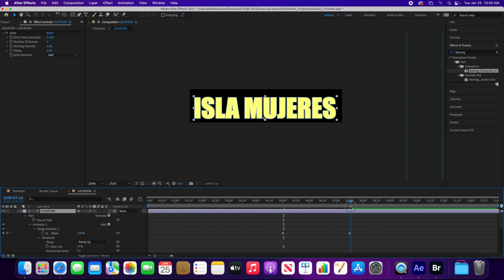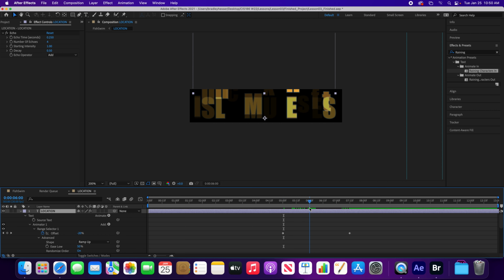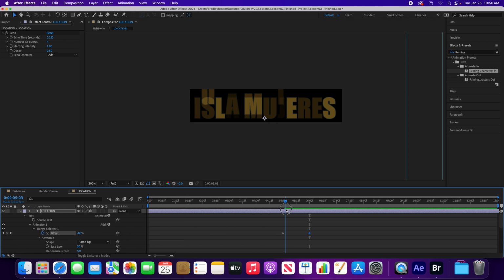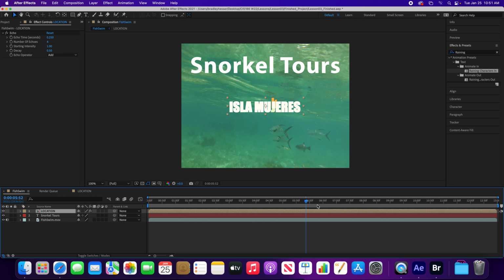So that's going to allow that to come in here and drop down with that. Now what we can do if we want to speed this up, instead of having it take as long as it is, we can always choose this last keyframe, and we can simply grab a hold of keyframes and slide them over. So in this case, I can bring this over here and drop it right here on the 6-second mark. So now that transition happens much quicker. See how fast everything comes in. So once again, if we jump back over here,